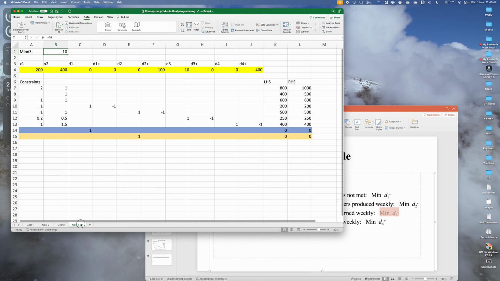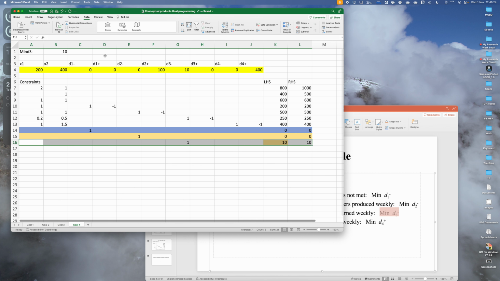And last, goal 4. What I need to do is add the constraint from the previous one. So in goal 4, I need to add one constraint, that d3 negative should be 10 only. Okay, I can't go beyond that. Obviously I can't improve it, so d3 negative is actually equal to 10. Okay, why 10? Because I'm getting the 10 value from here. So the goal is now fixed,